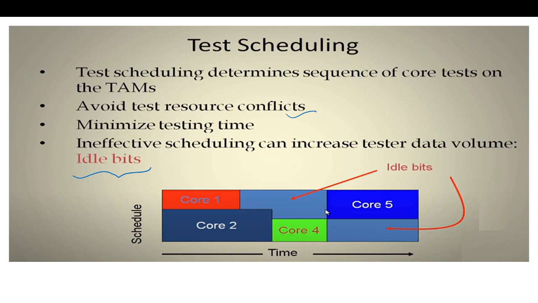So say for example, this width is always fixed. Okay, so we have scheduled core 1 and core 3. Now this core we have to fill with, this will always be filled with idle bits, and again this will be filled with idle bits. So we can see that